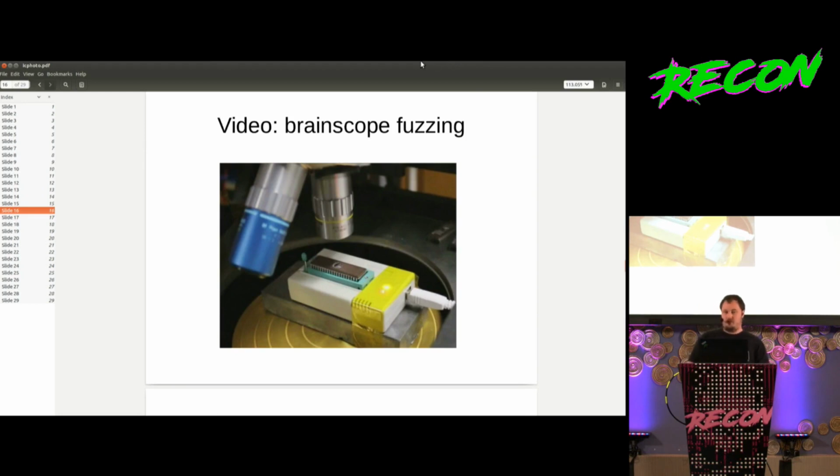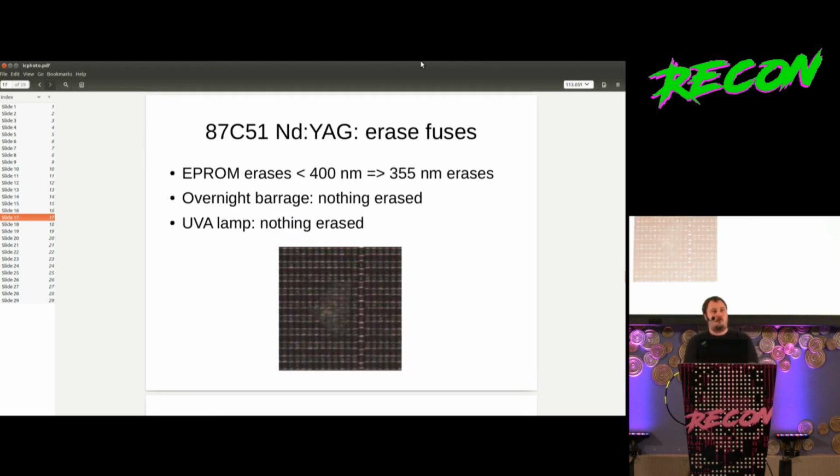We can skip over that later. If we have time, I can show you what that looks like. But basically, it's like little light blasting on the chip. You see little green flashes. So the first thing I wanted to do as part of this was, one of the key things,